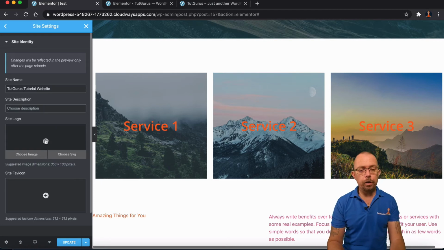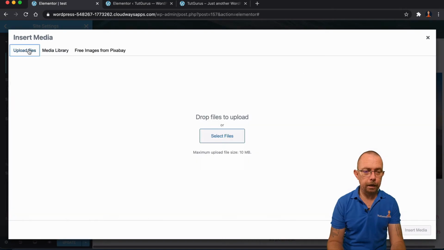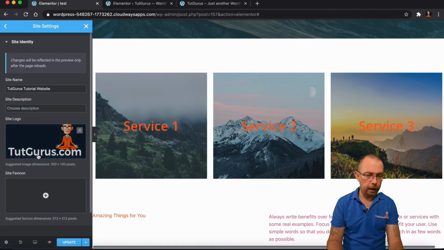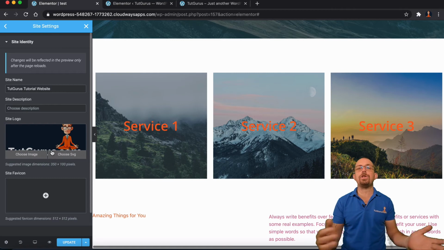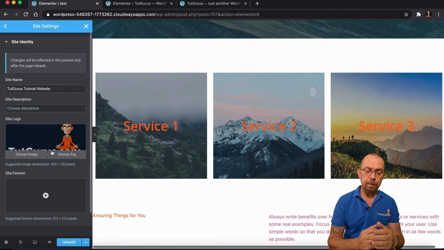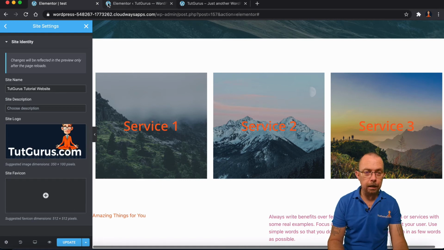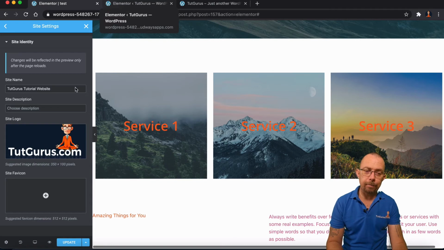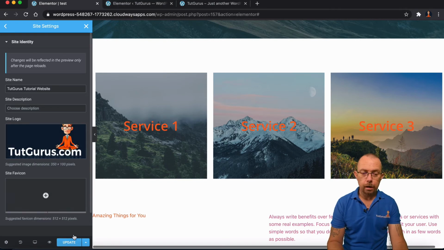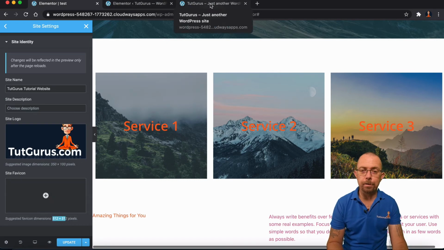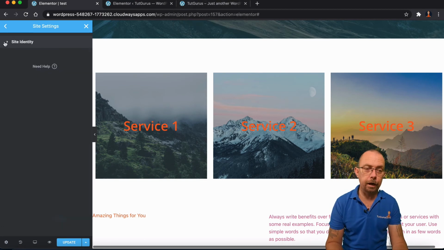I can add my logo in here, so I can come in here and upload my logo, insert that, and now anytime my logo is needed on my website, it'll be there, especially if you're creating headers and stuff. I can do the same with favicon. Now favicon is these little icons next to these tabs here, you see this little W, the little WordPress logo? This is what a favicon is. And again, you can add your own, and you can see it here. It's asking for dimensions of 512 by 512. And every time someone opens up your website, they'll see your little logo at the top here. So that can be done from site identity.